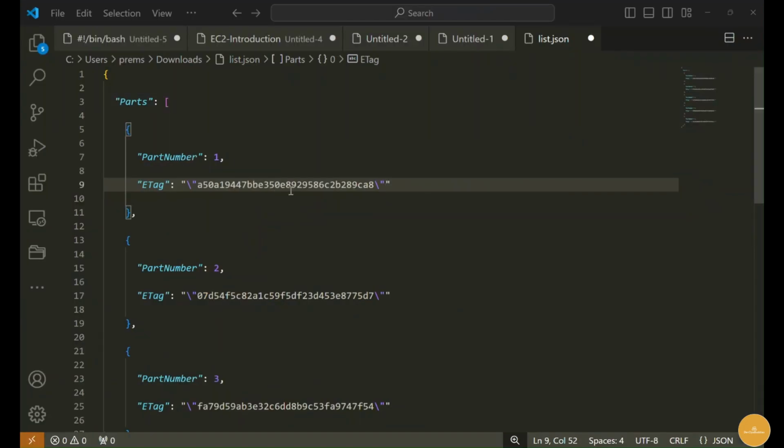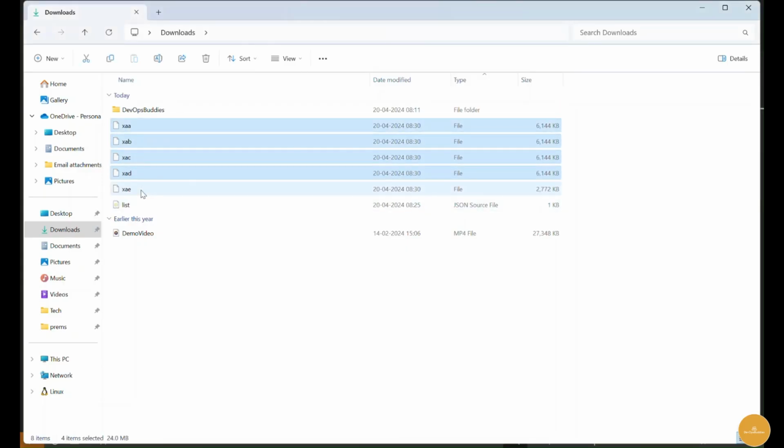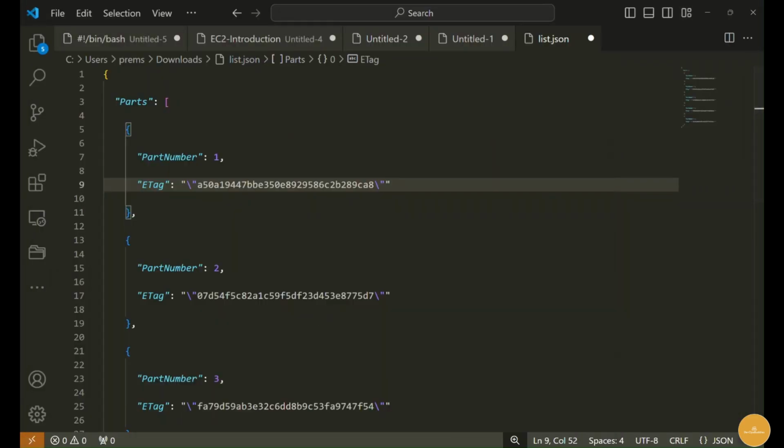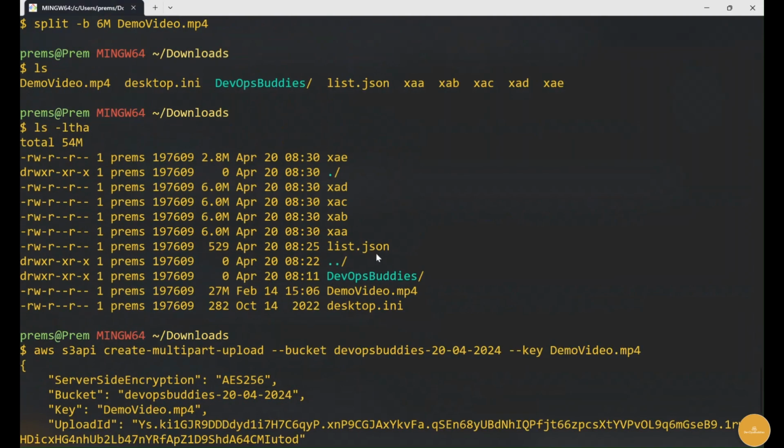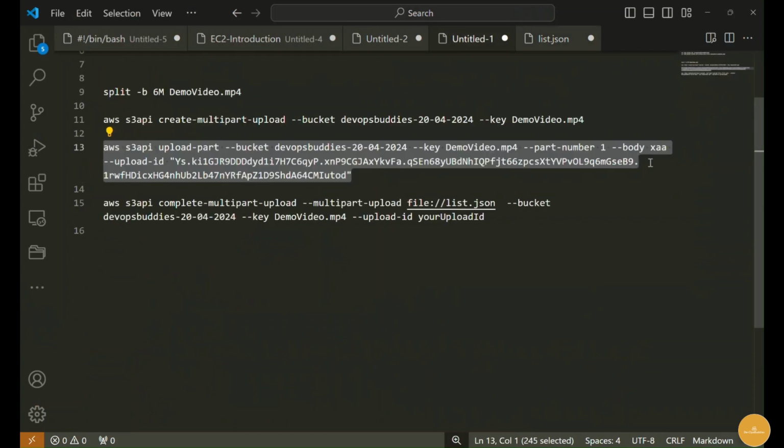So it's part one. How many parts do we have here? 1, 2, 3, 4, and 5. 5 parts we have. So you can even check these from the CLI as well. 1, 2, 3, 4, and 5 parts. So one by one we can upload XAA, after that XAB, AC, AD, AE like that. So right now we generated for the XAA. Next